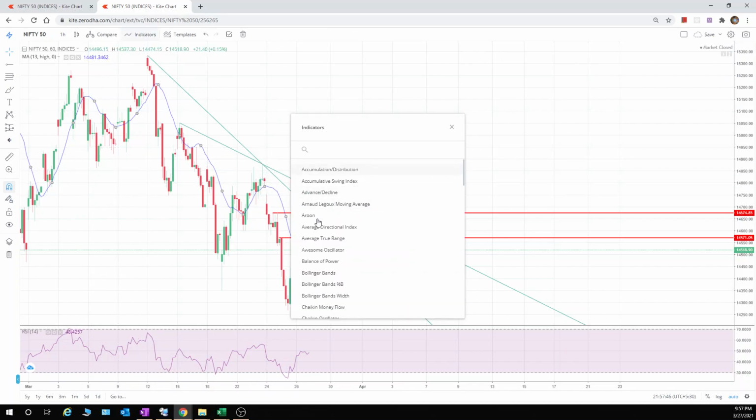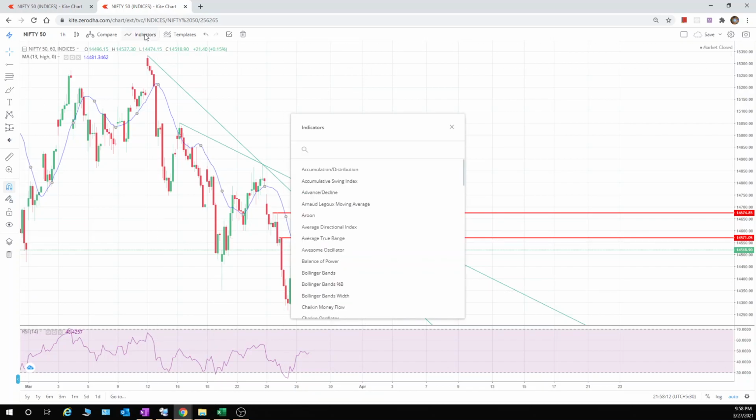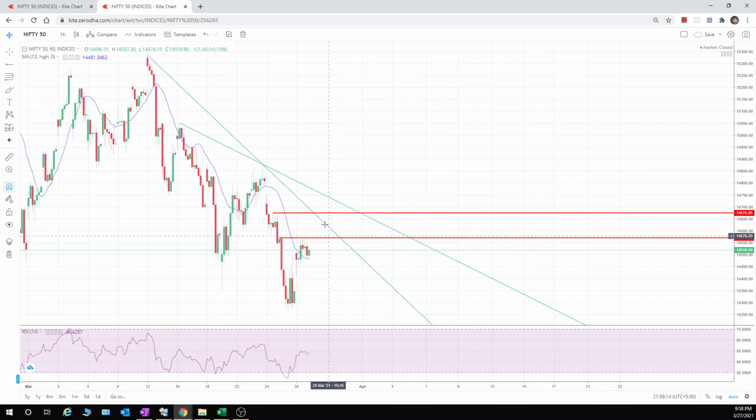Okay, because it should at least go over here, and this trend line I have drawn, see this one trend line over here. If consolidation is going on, it will go over here, or consolidation is going on over here. So okay, this trend line or this trend line, one of the areas where it will get some resistance and start falling. Okay, so what I was telling is that you can take your call, take your decision. My point is that if it is touching this trend line, I will give some stop loss over 14,700 and try to short it.